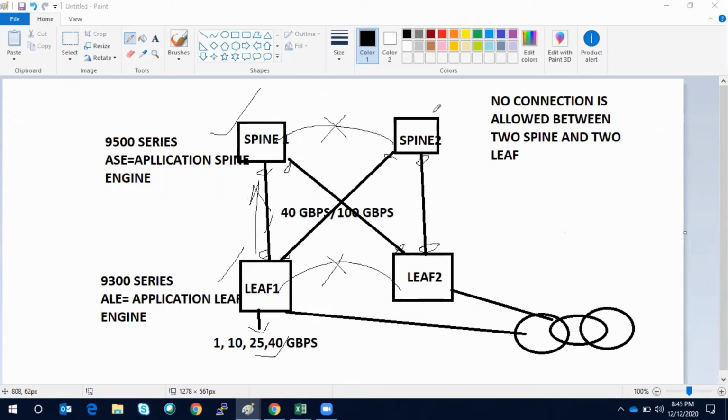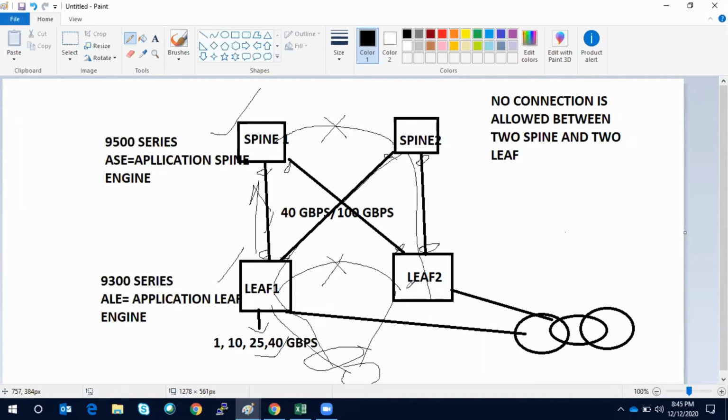So let's say you connect a server here and here like this, VPC, the heartbeat will be like this. So leaf 1 and leaf 2 will come to know about each other that they are alive. Fine. Okay.